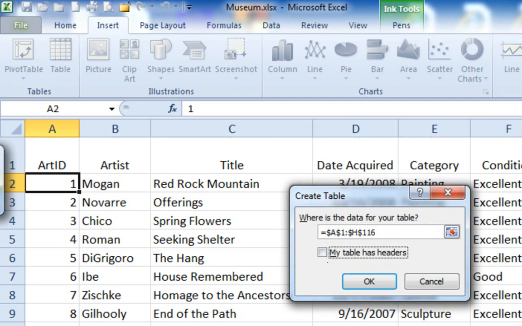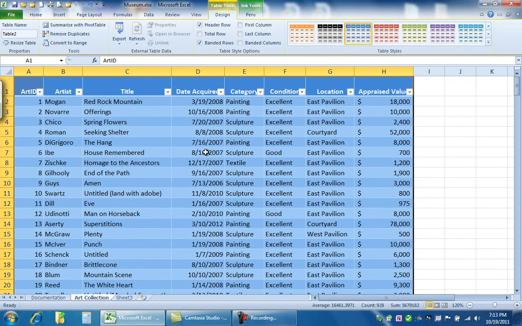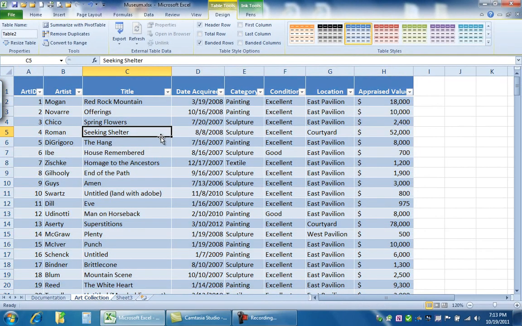Now if I turn that off, it doesn't identify row 1 as a header. And what a header really is, it's just identifying what the information underneath represents, such as the art ID, the artist, the title. No different than any database. So I'm going to go ahead and click OK. And once you click OK, two things are going to happen. One, each of your